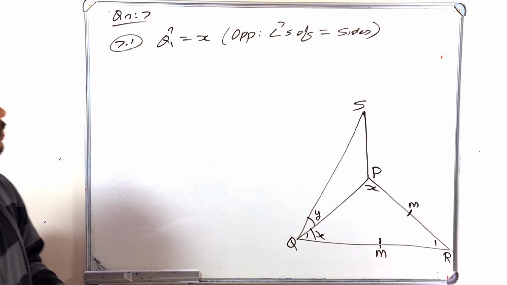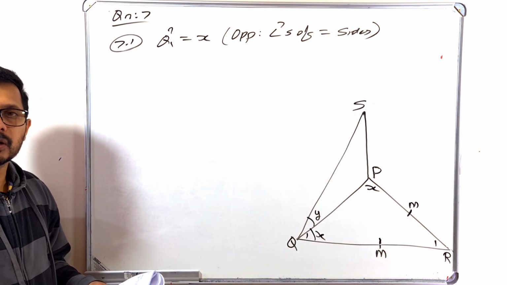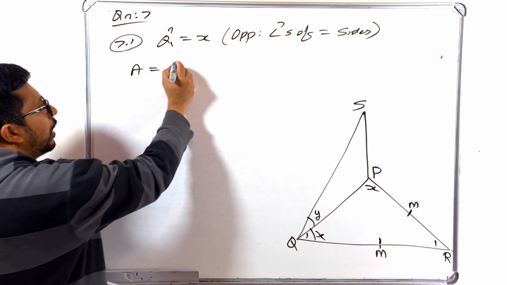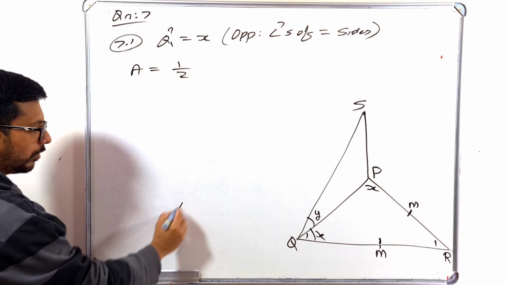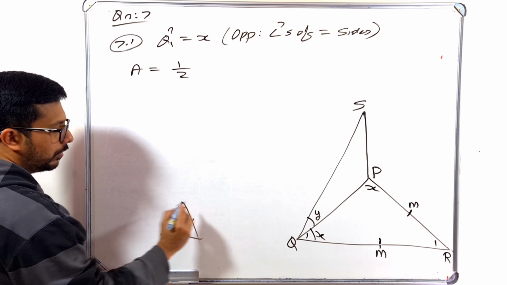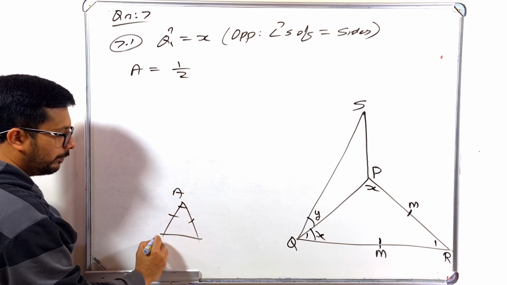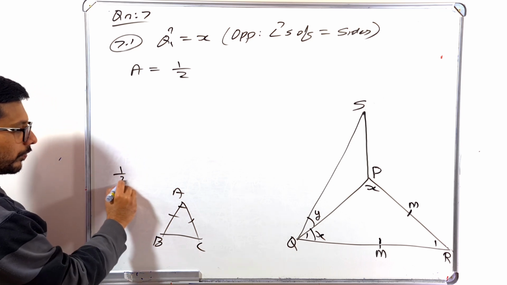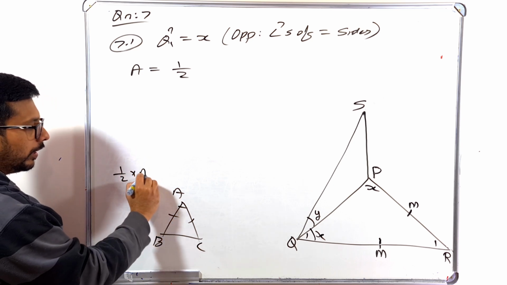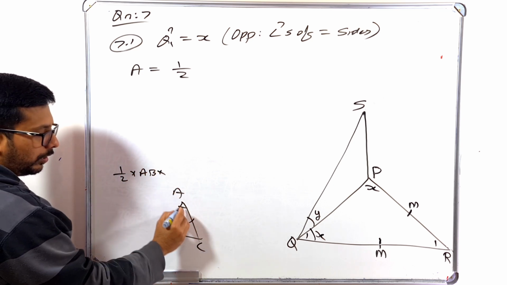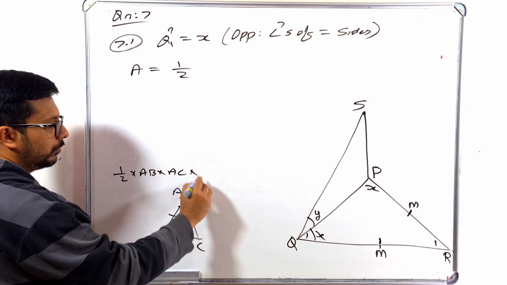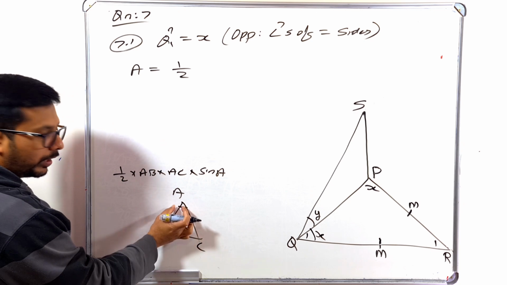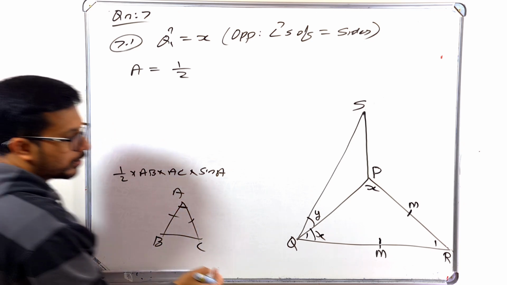Now how can you find the area of PQR? What is the formula? Area A is equal to half into, if here it is triangle ABC, how can you find the area of that triangle? Half into AB into AC into sine of that included angle, sine A. So similarly here